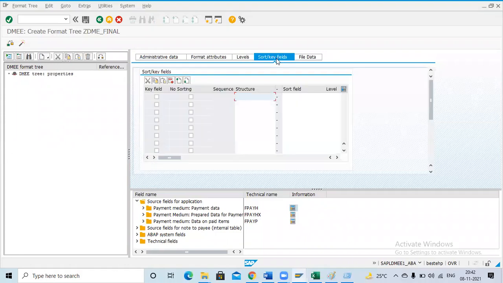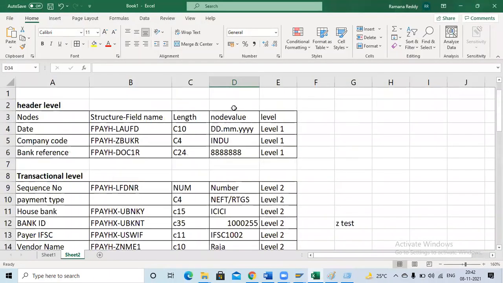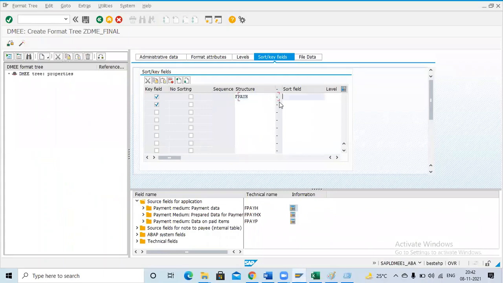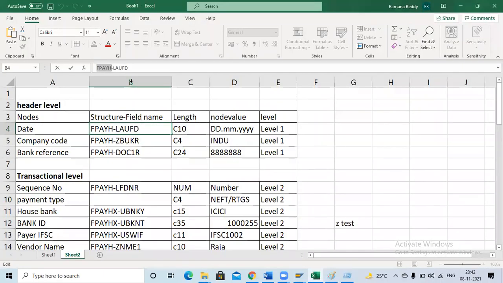Next one is a sort. Sort is not mandatory. So I'm entering what your first data is here. For first data I have given FPAYH. Okay, so first of this one and first of this one. FPAYH.